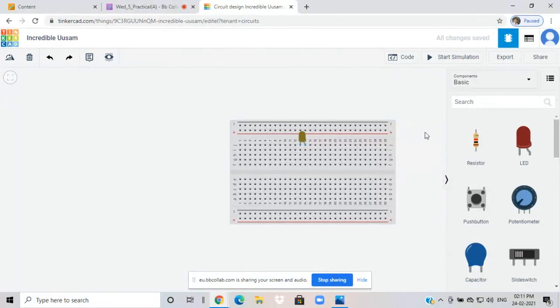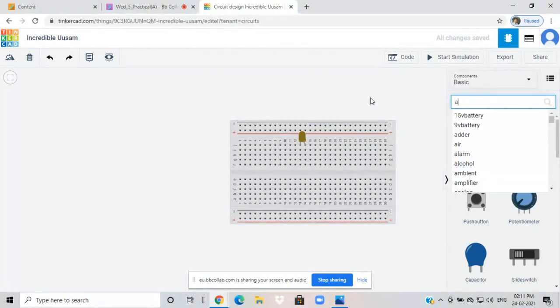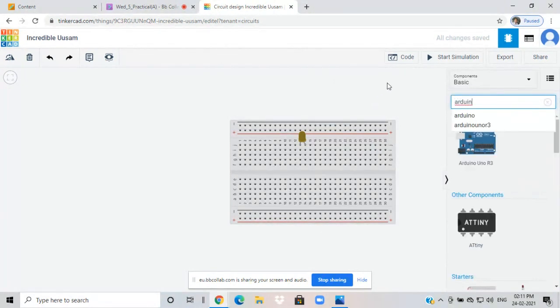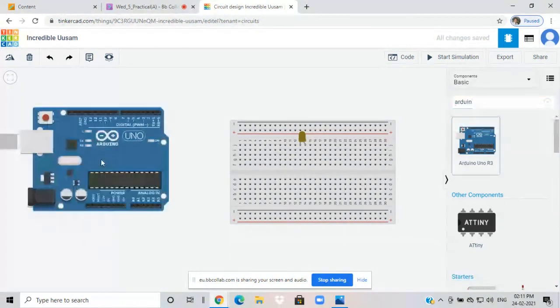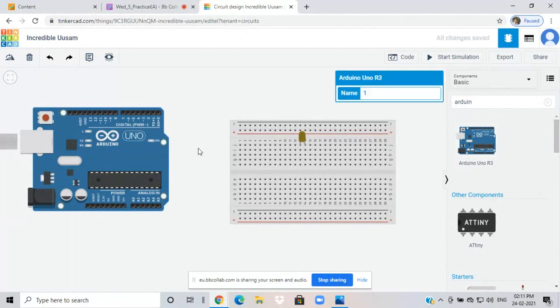Okay. Then I want to connect it with the Arduino. So it is the Arduino microcontroller based device. Just you have to drag it and place on the home screen. So it is the Arduino Uno.